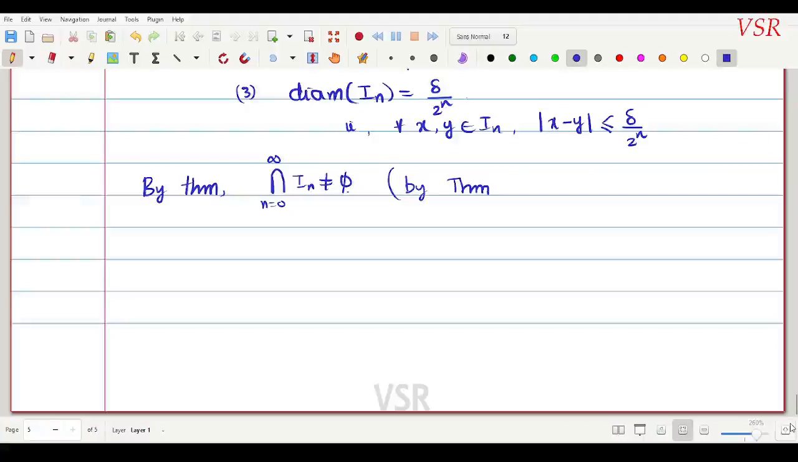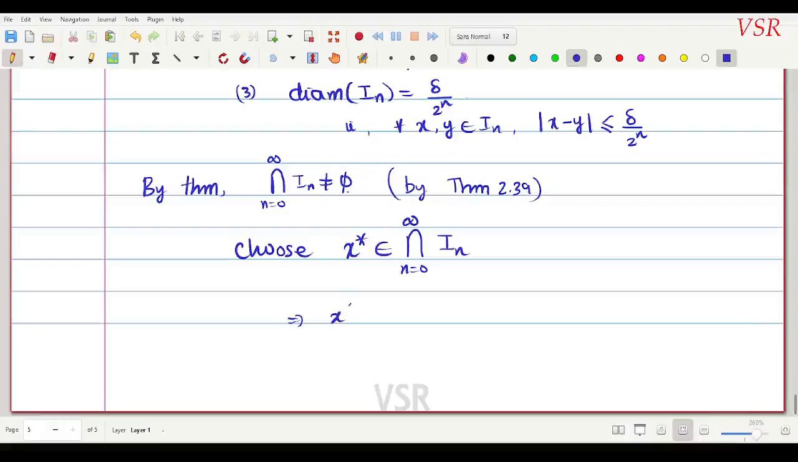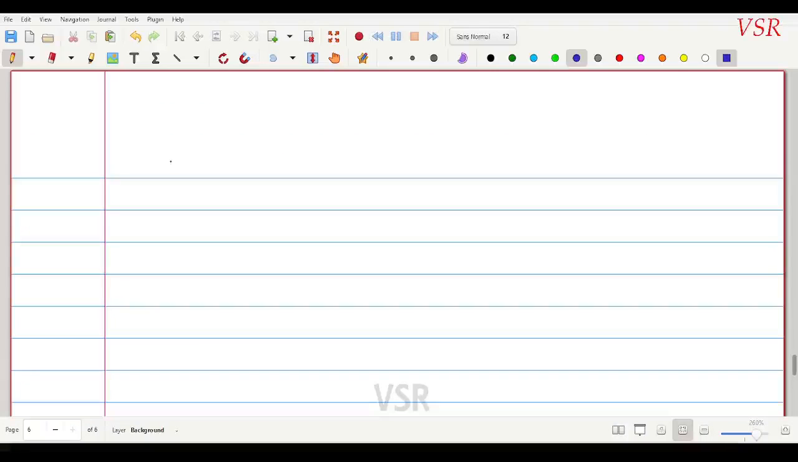So by theorem 2.39, choose, since this is non-empty, I choose an element from it, call it x star, belonging to the intersection over n equal to 0 to infinity of In. So this implies that x star belongs to In for every n belonging to the natural numbers. Particularly, x star belongs to I0, and I0 is a subset of the union of all U alphas,